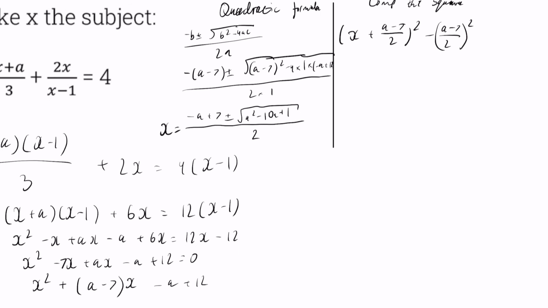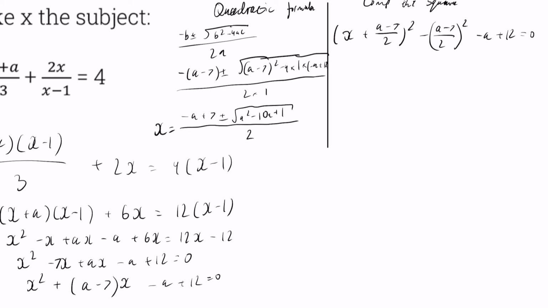And then we have the rest of the things, so minus a plus 12. Now all we have to do is rearrange. So let's move all of this to the right side and then square root everything and subtract (a minus 7) over 2. So moving everything to the other side, this equation becomes ((a minus 7) over 2) squared